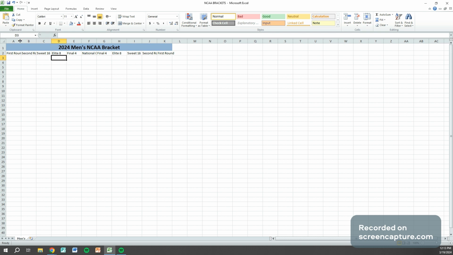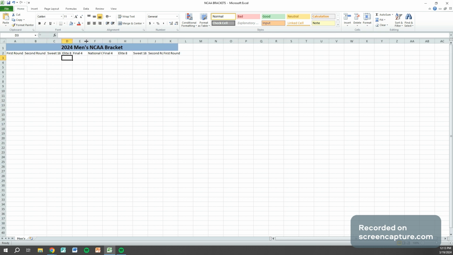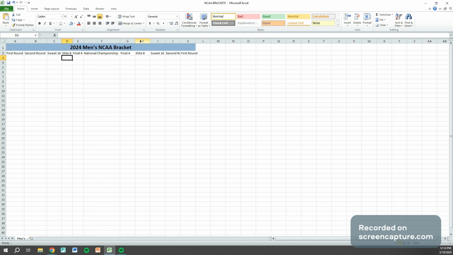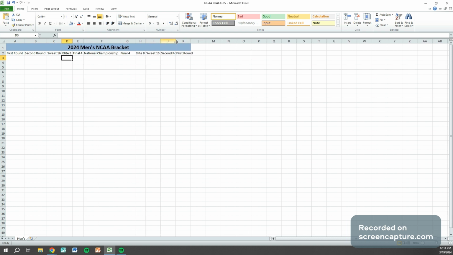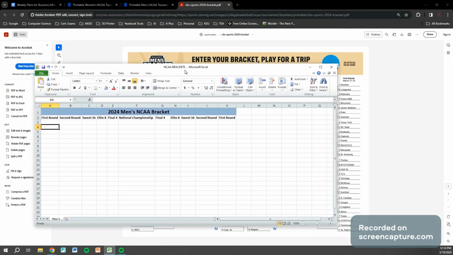So I need to resize these columns. I'm going to go up here and double click A and B, and I'm going to do them all. So then we'll make them smaller, and you're going to have to do this quite a bit as we go through this. And you'll see that here in a minute. I'm going to select these and I'm just going to bold them. All right, so now we are ready to start our